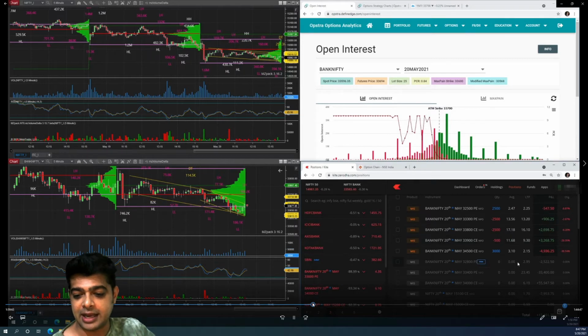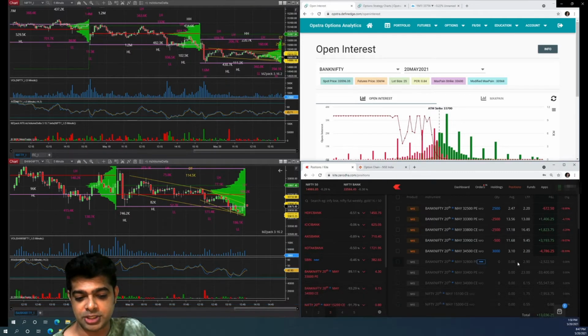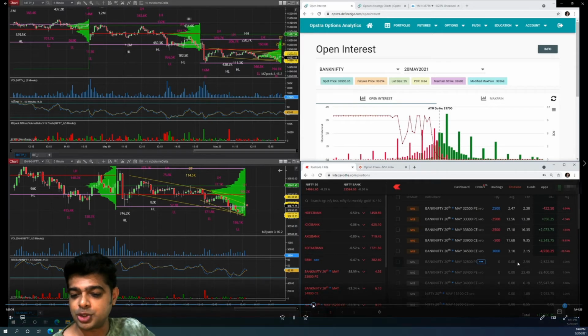Okay. And luckily, because I had a PE leg, my M2Ms did not fluctuate that much. Right now, you can see that the M2M is around 12,000, and it wouldn't fluctuate too much because I had a PE leg. So you could see this,